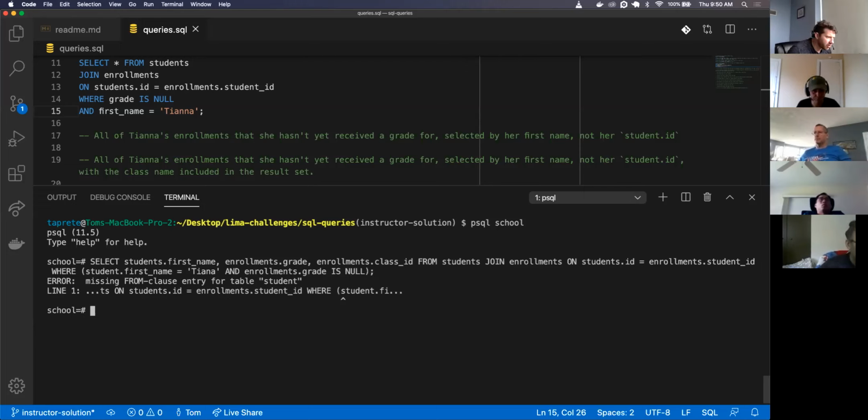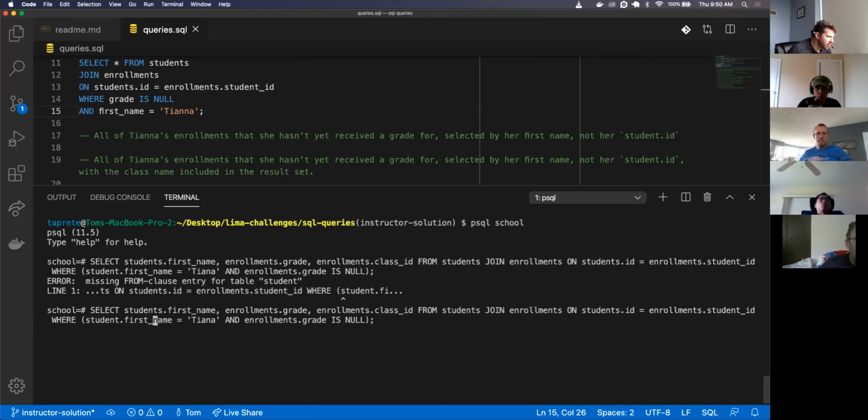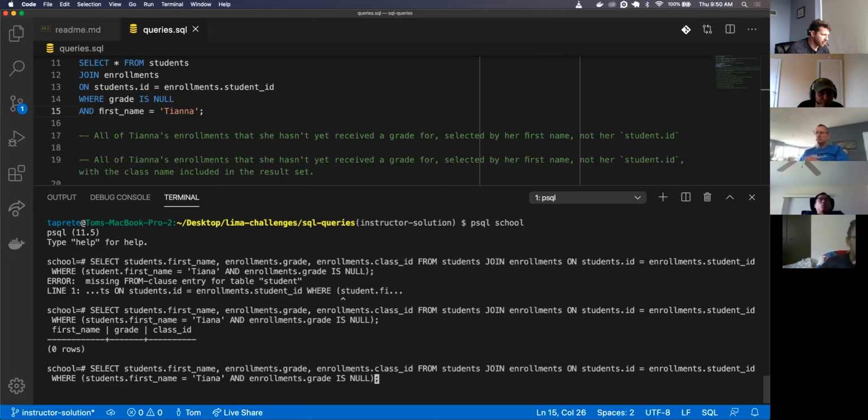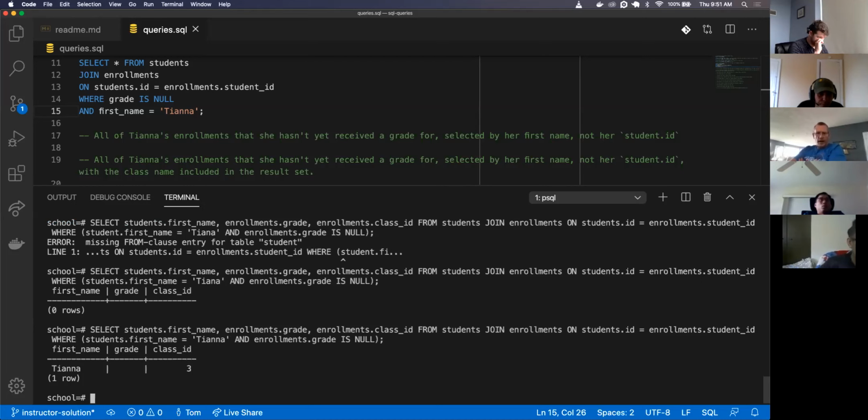I'm missing something. Student needs to be plural. Oh no, first name enrollments. I think there's two N's for first name? Yep, you're right. Because they haven't received a grade yet. Is that what the question asked?